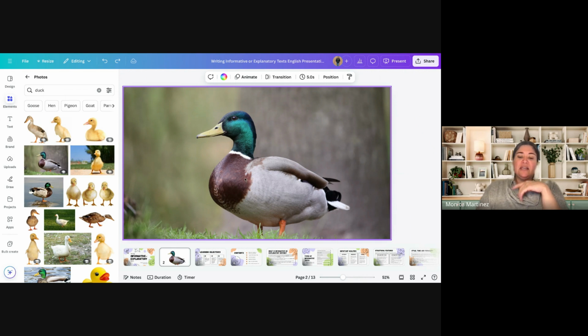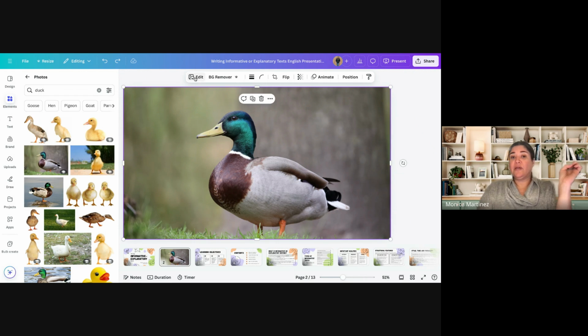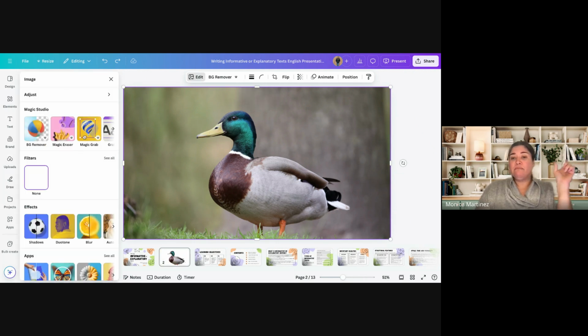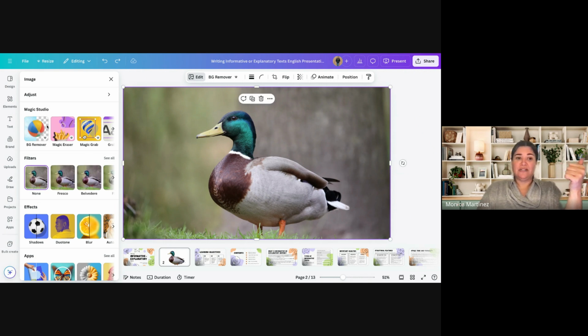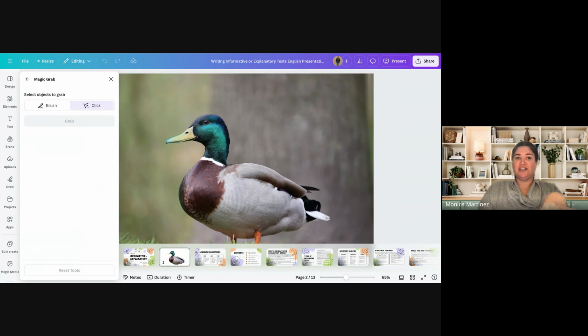All right, so the other thing you can do, there's way more than just remove background when it comes to your images. I'm going to select my image, and I'm going to go to edit up at the top. You have what's called Magic Studio that's going to allow you to, yes, definitely remove background like we did already. You can do a magic erase if there was maybe just one little thing that you wanted to erase from this picture, but not necessarily an entire background. You could actually select the items you want to erase. One of my favorites is Magic Grab,